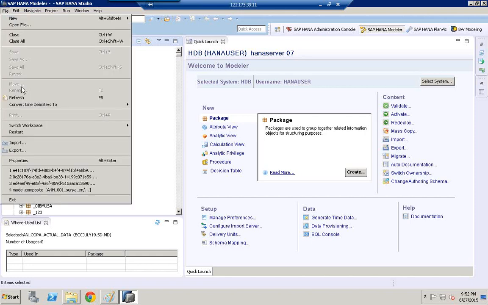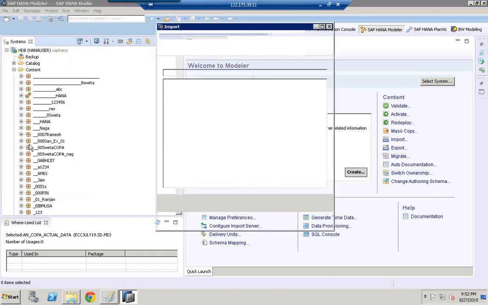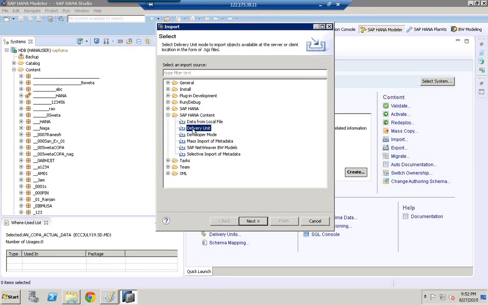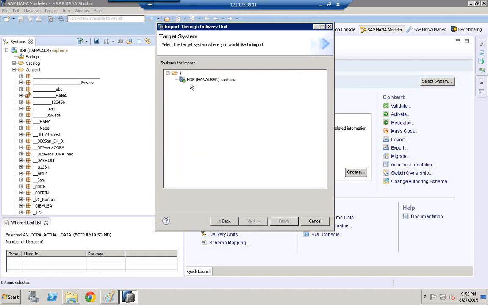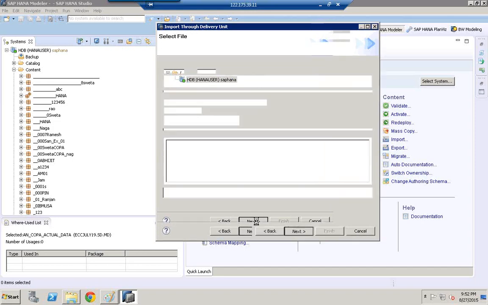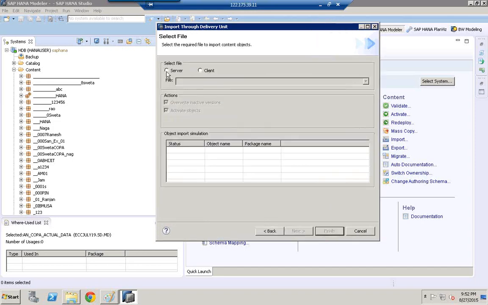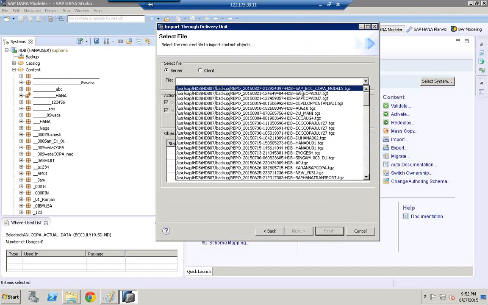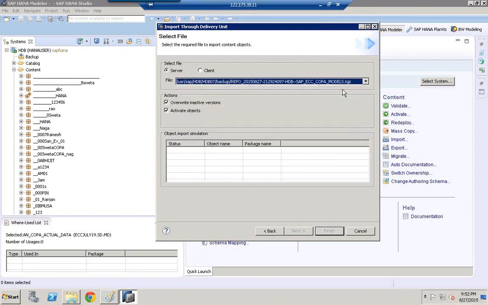I'll click file, click import, and then select delivery unit, click next, select instance, click next, select server, and select the file, which is SAP ECC COPA models dot tgz. Once you select, oops,